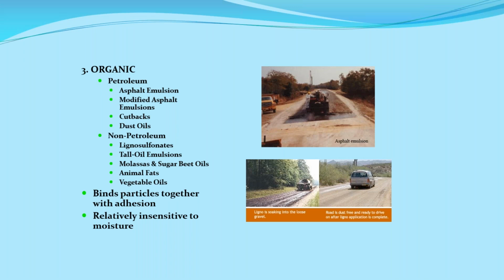Your roadway will, but by the same token, it works really well. One of the other ones that you'll find a lot in Ohio, in the central part of the United States, is some of the animal fats or vegetable oils. Some of the corn oils, the soy oil, the canola oil, and they all work really well. The only thing with the non-petroleum types of products, all those non-petroleum types of products have to be mixed into